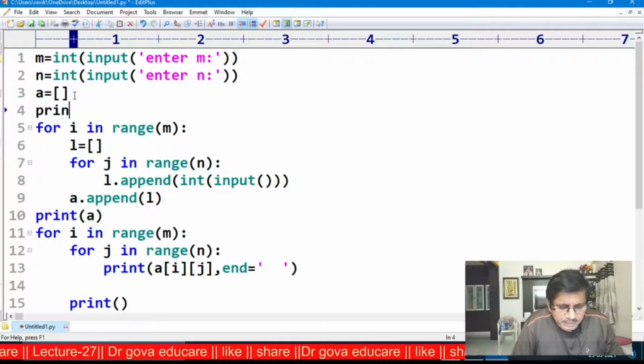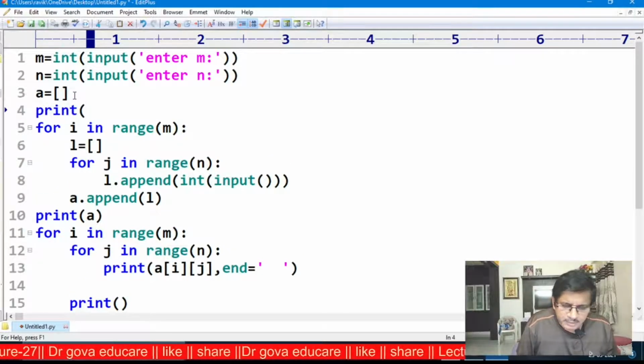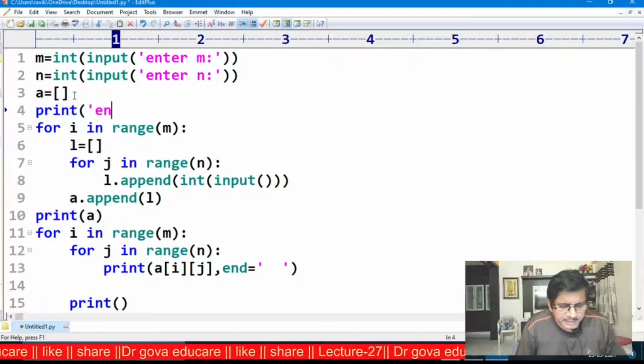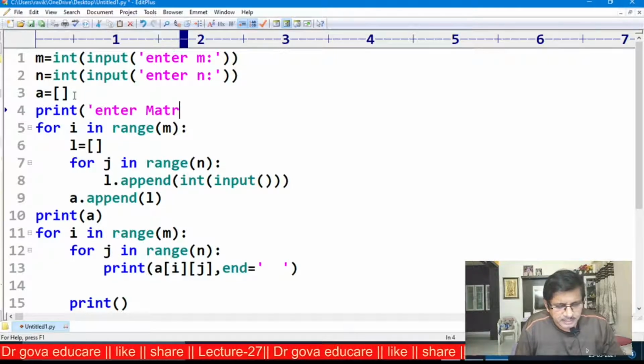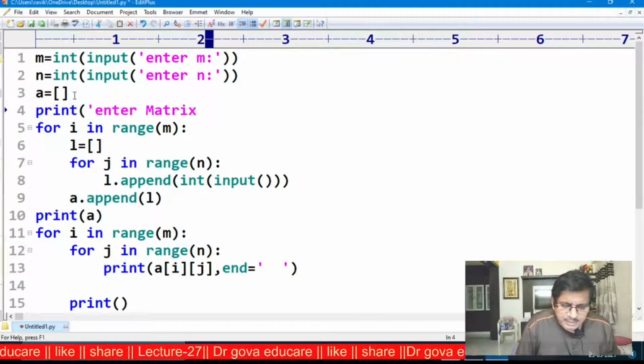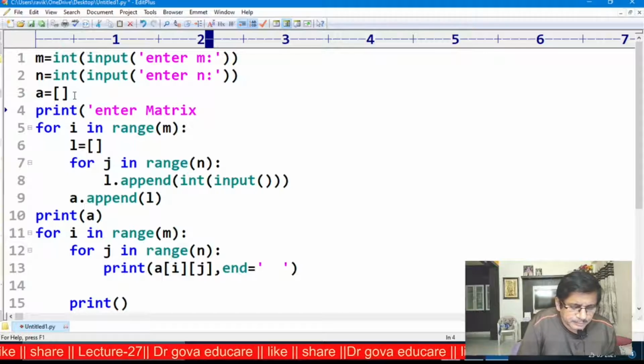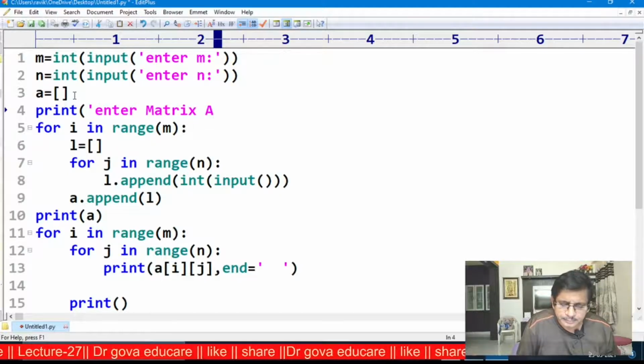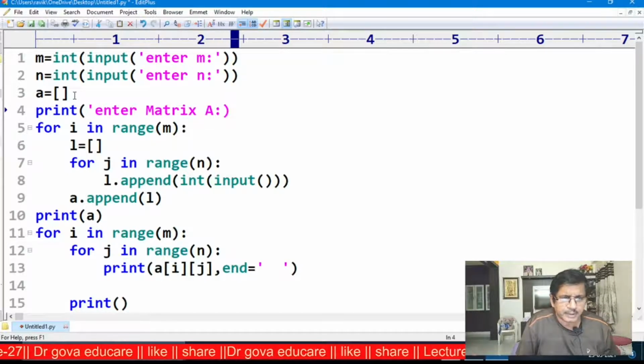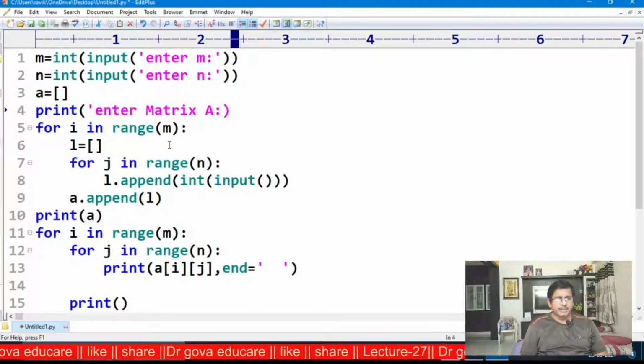Print enter matrix A. For i in range M, L is equal to the empty list.